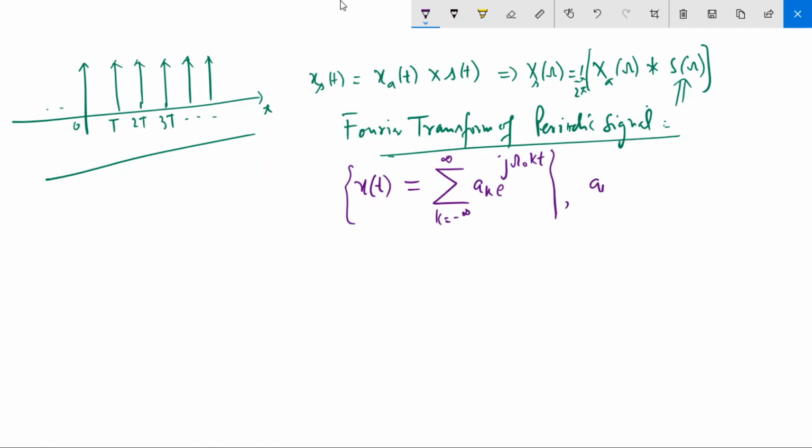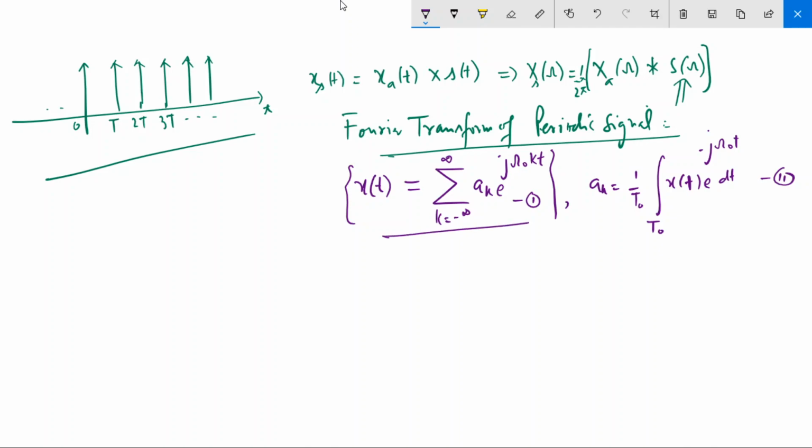And how do you get ak? This is 1 by T naught, or T, whatever you take, integration over one time period of x(t) multiplied with e raised to power minus j omega naught t dt. So this is the Fourier series, this is the inverse Fourier series. Okay, so if I want to find the Fourier transform of a periodic signal, what I do,